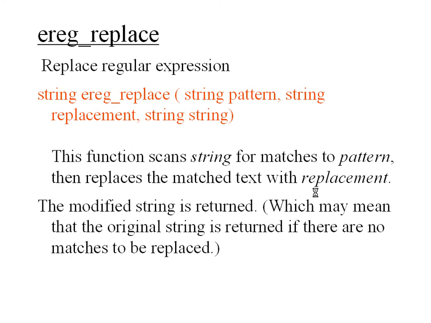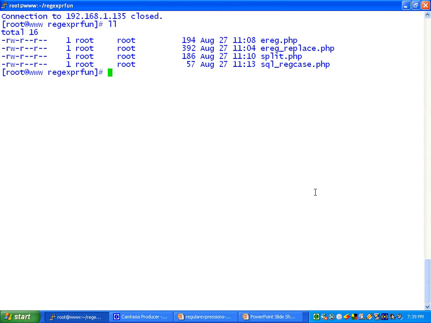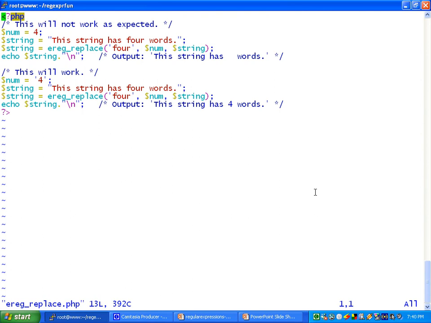Let us have an example of this one. In this example, first of all, I have taken the number as 4. The original string is "This string has 4 words." Suppose I want to replace the 4 with the 4 number.